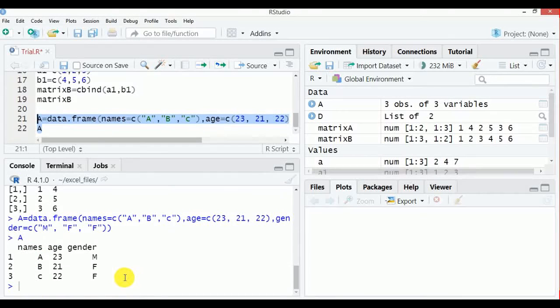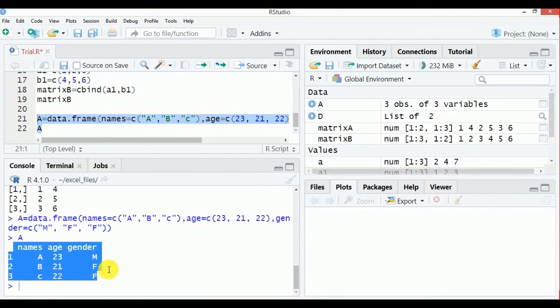Can you see that? It has put them in proper tabular form over here, with names as A, B, C, gender as whatever we have given, and the age. So it has put them based on the different categories.